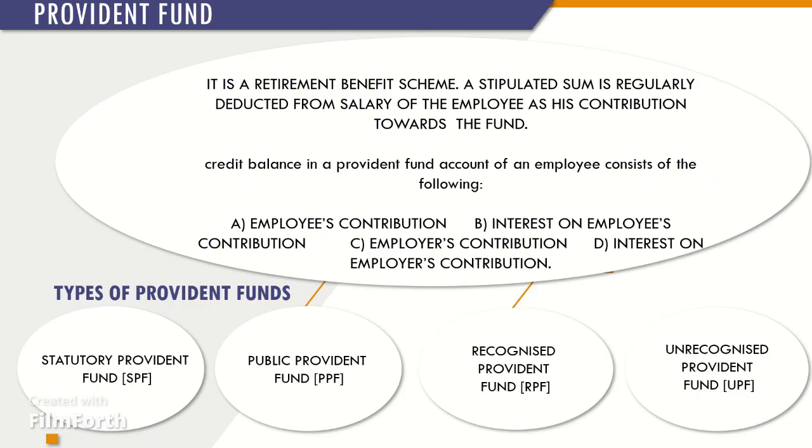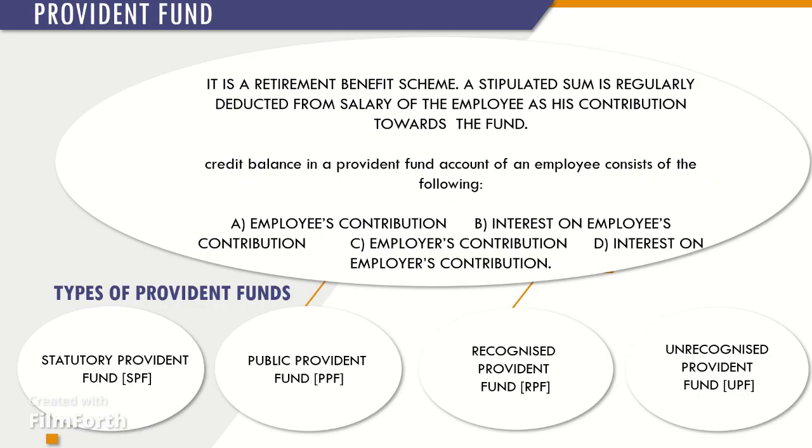A salaried employee may also contribute to PPF in addition to the fund operated by his employer. An individual may contribute to the fund on his own behalf as also on behalf of a minor of whom he is the guardian. For getting a deduction under Section 80C, a member is required to contribute to the PPF a minimum of Rs. 500 in a year. The maximum amount that may qualify for deduction on this account is Rs.